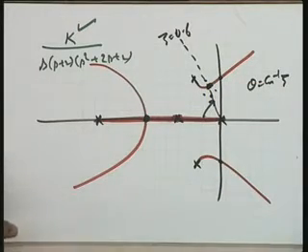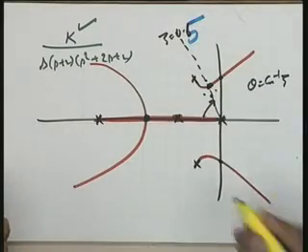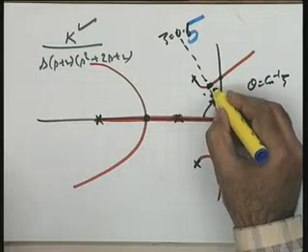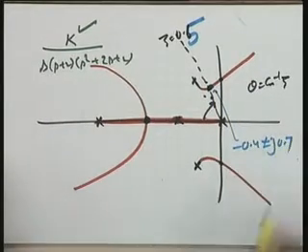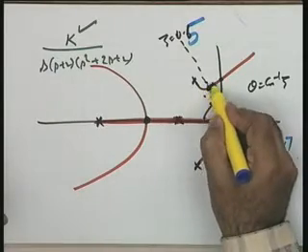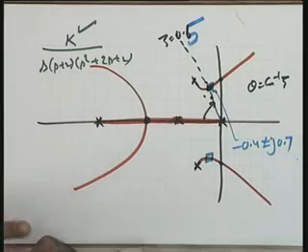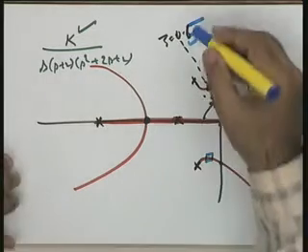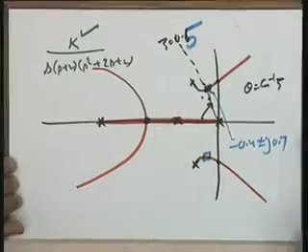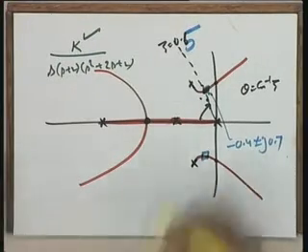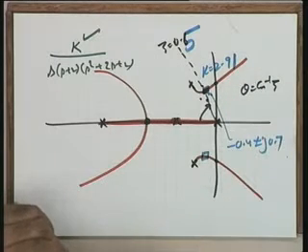This particular point, well, in my notes the calculations have been made for zeta is equal to 0.5. The point is minus 0.4 plus minus j 0.7. Plus minus j means these are actually the closed loop poles of the system. See this particular point, zeta is equal to 0.5. This point gives you closed loop poles of the system, and the corresponding value of k as per my calculations is 2.91. Help me please, how do you calculate k?